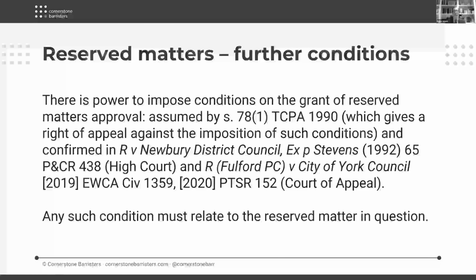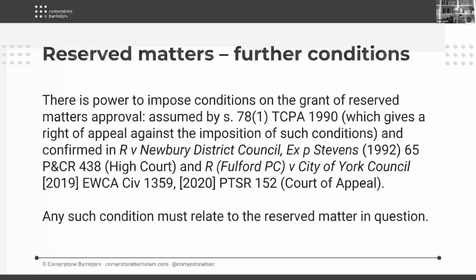As for the imposition of conditions, as I think is now well established, when granting reserved matters approval, it is open to a local planning authority to impose conditions on that approval. It was implicit in section 78(1) of the 1990 Act, which gives a right of appeal against the imposition of just such a condition.